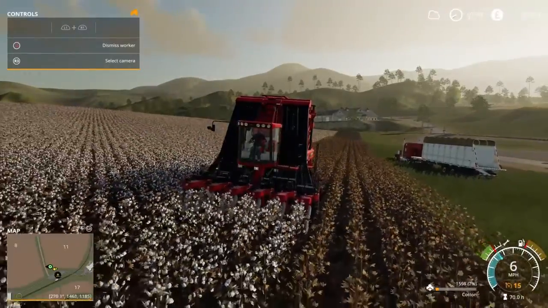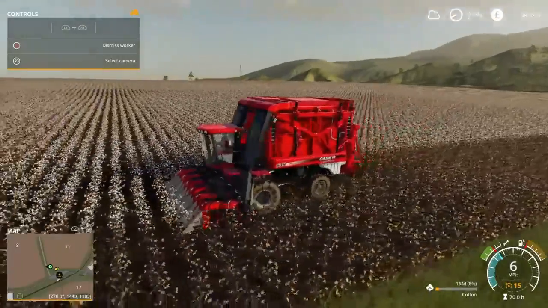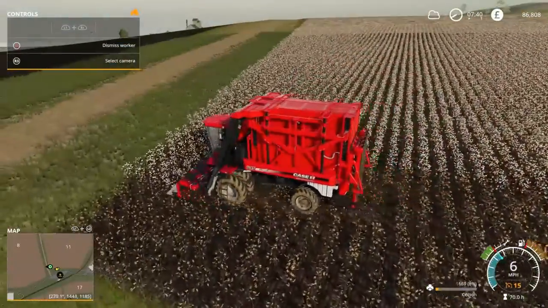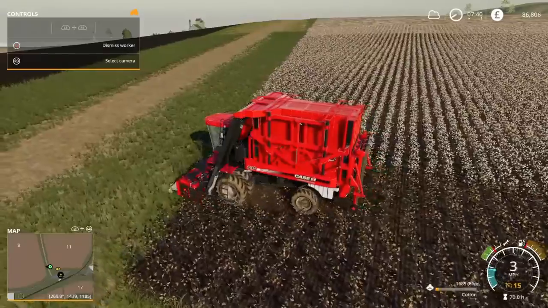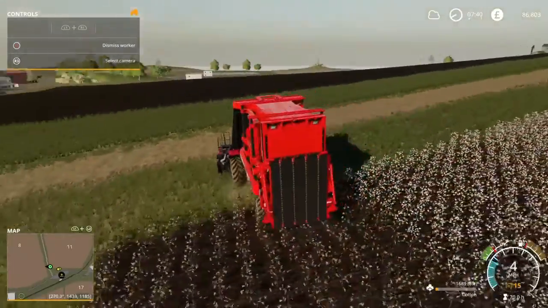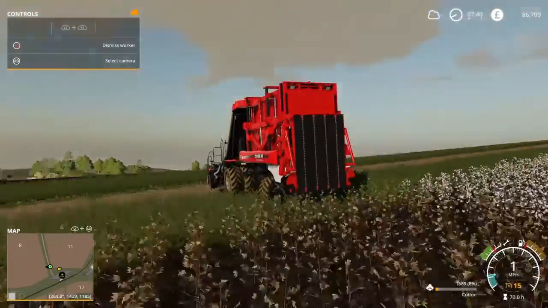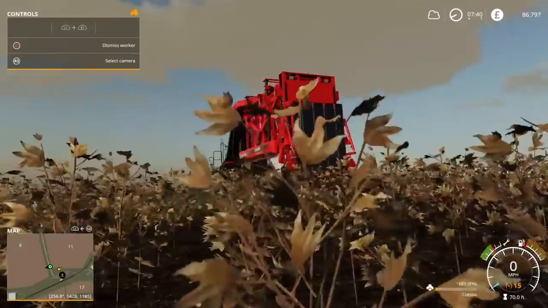Goes through those little spindles. The cotton then shoots up through those tubes, and comes into this bale area, and then gets compressed by those springs, and eventually gets pooped out the back there. And it leaves these little bits. Now in real life,